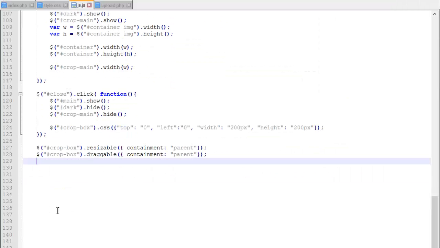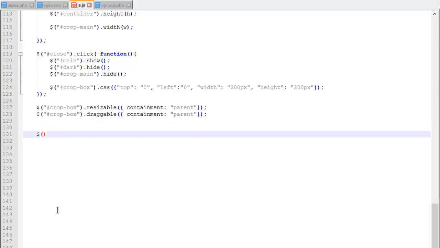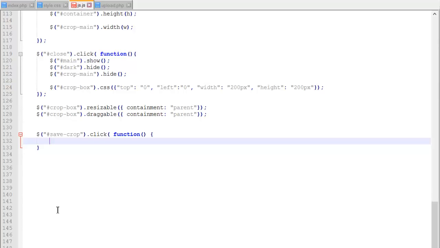Come here, and here we will say save crop. Yeah, I guess save crop. The action will perform as soon as that button is clicked. So what we are going to do, we are going to get the dimensions and save them into variables and pass these variables. The first variable we will say crop box top. So what exactly is the top of this crop box? We will say parse to make it integer, and we will put,